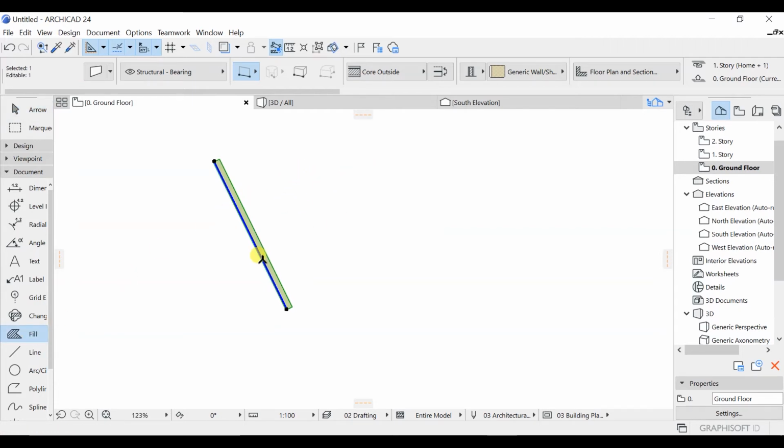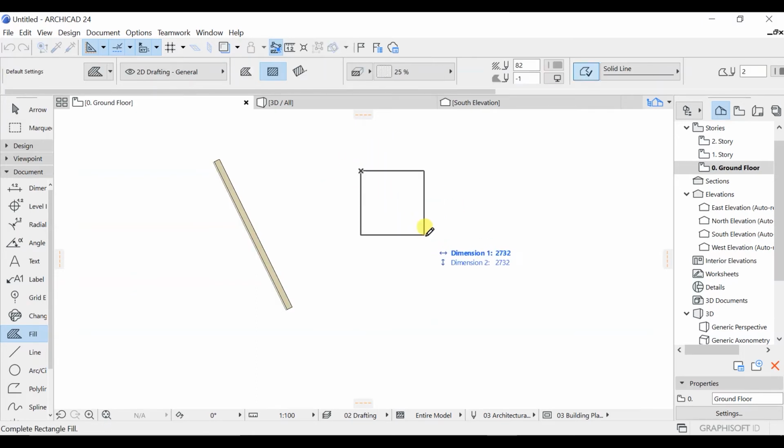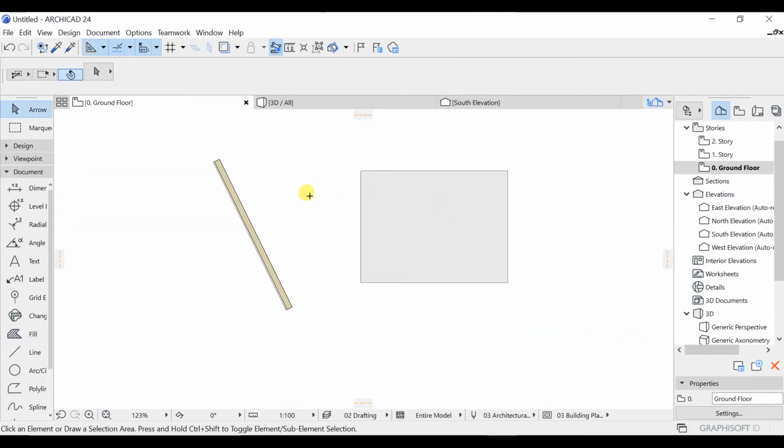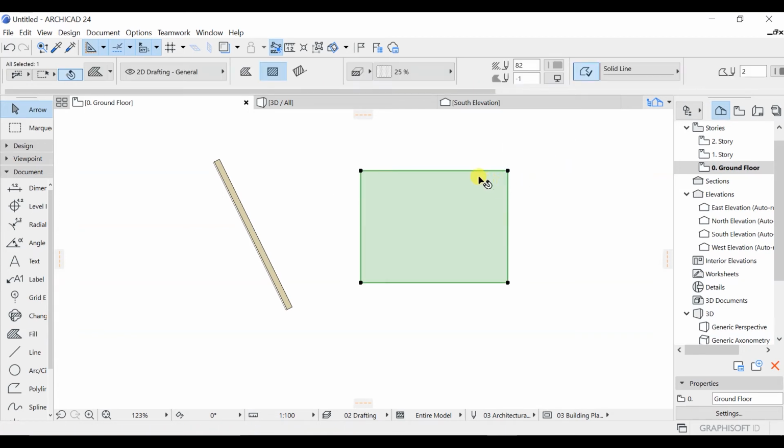So what you can do here is that with the help of the fill tool, you can actually draw something like this. Okay, and now there you have the fill tool. So what I will do is I will get out of this command. After that I will select this one here, and after selecting this, right now you can select on this edge, or you can go with this node.